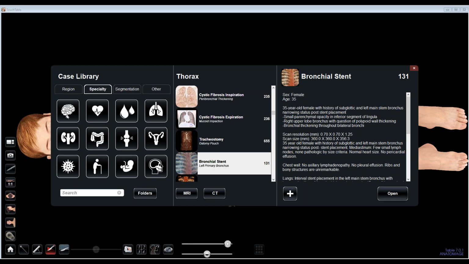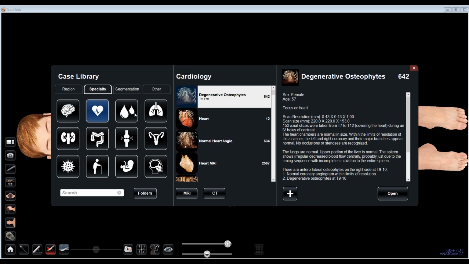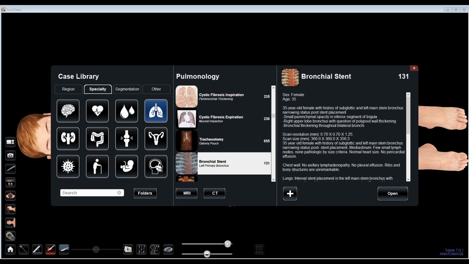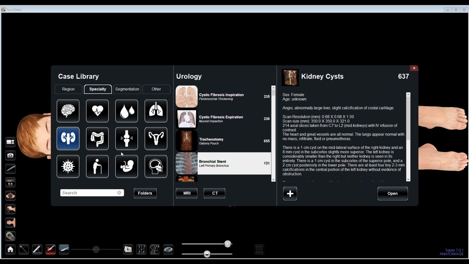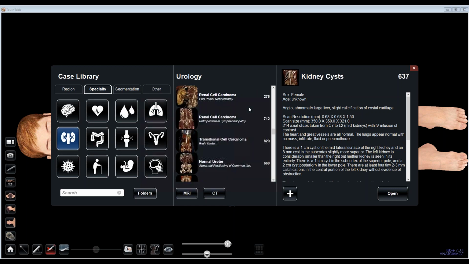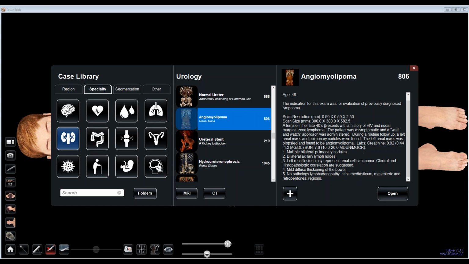Specialty, you have neurocardiology, so a bunch of different groups of specialties here that you can go, and again, you can click on one and search within it, or you can simply scroll through the list and then double click on any of these to open. Whenever you highlight one of these cases, you'll see on the right hand side here some case